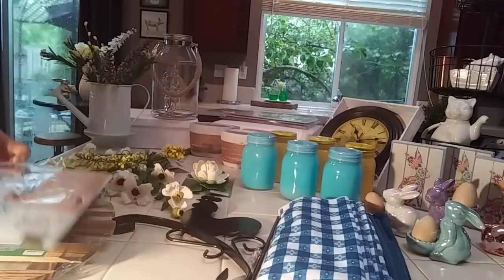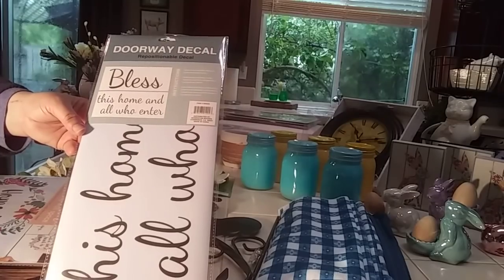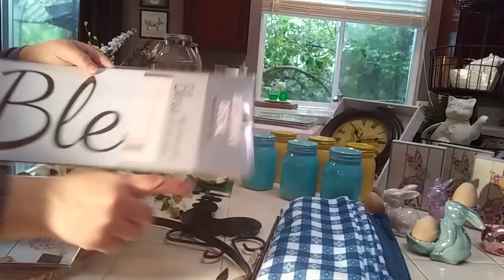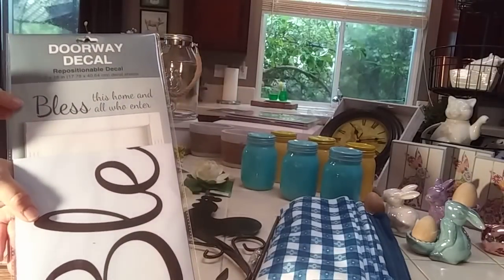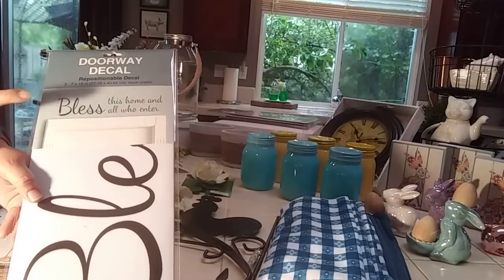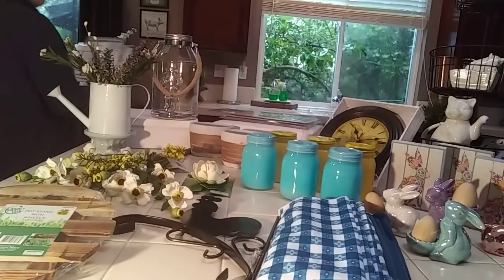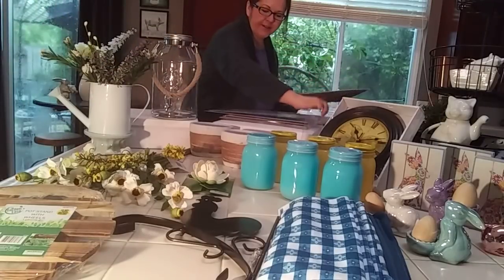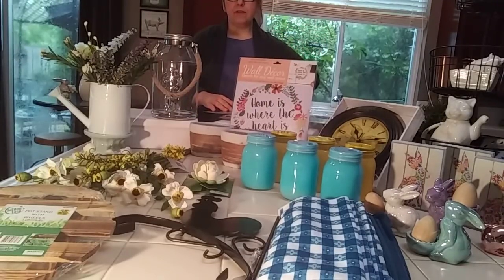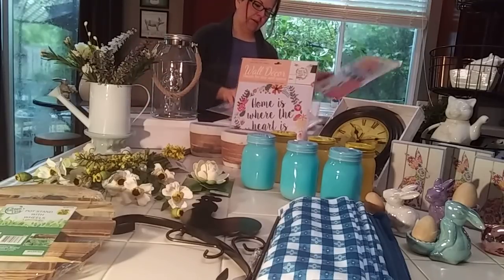And then this one, it says, bless this home and all who enter. And I got two of these. And so the bless part is really big, as you can see. And then the other lettering is smaller. So I think I'm just going to do bless this home. And I bought 2 of them because I am going to give one of these along with this one